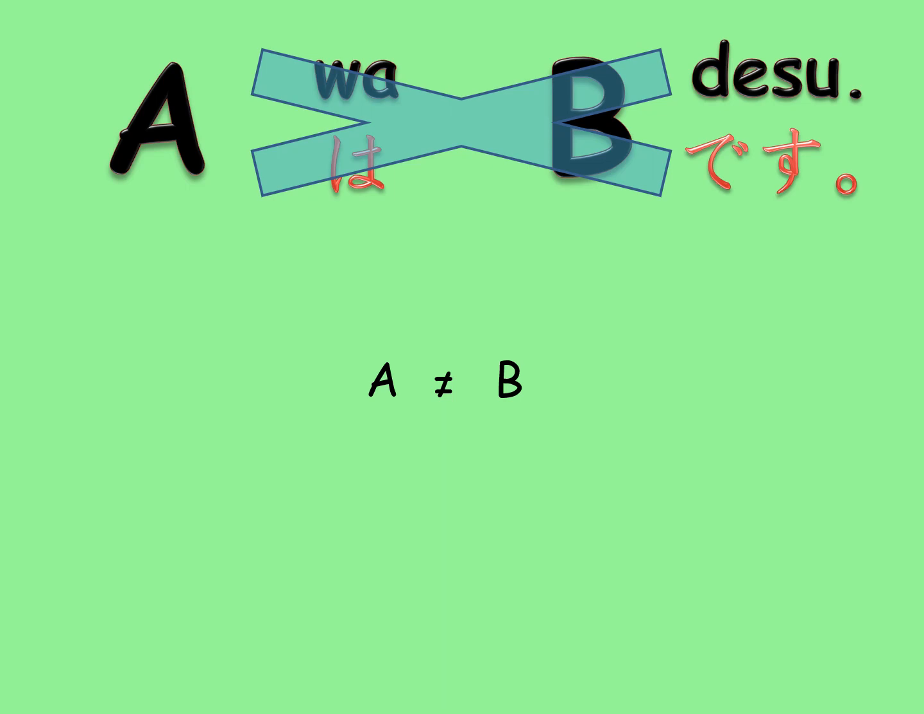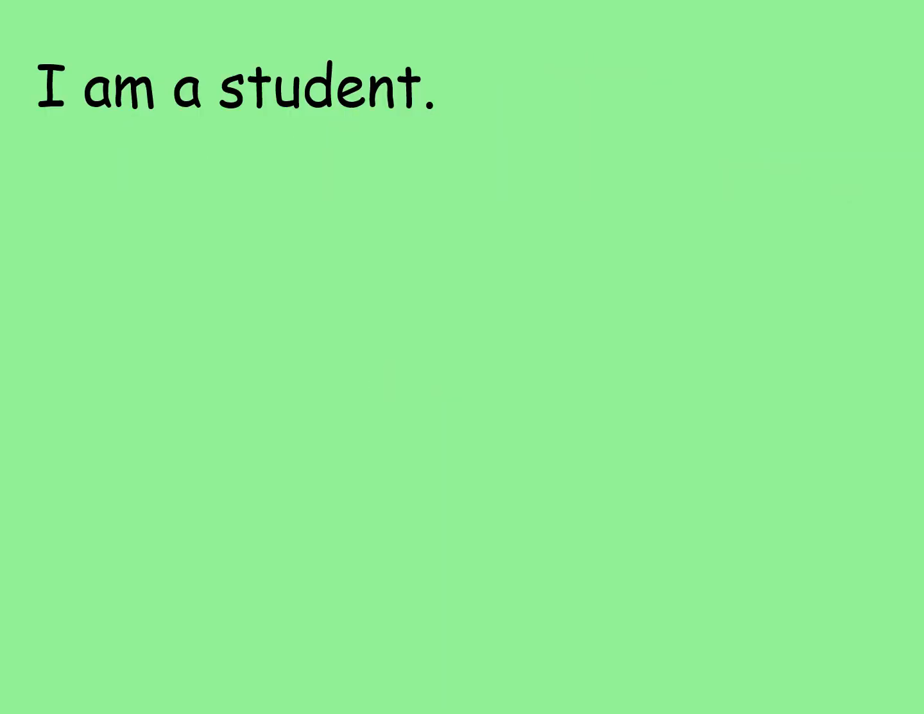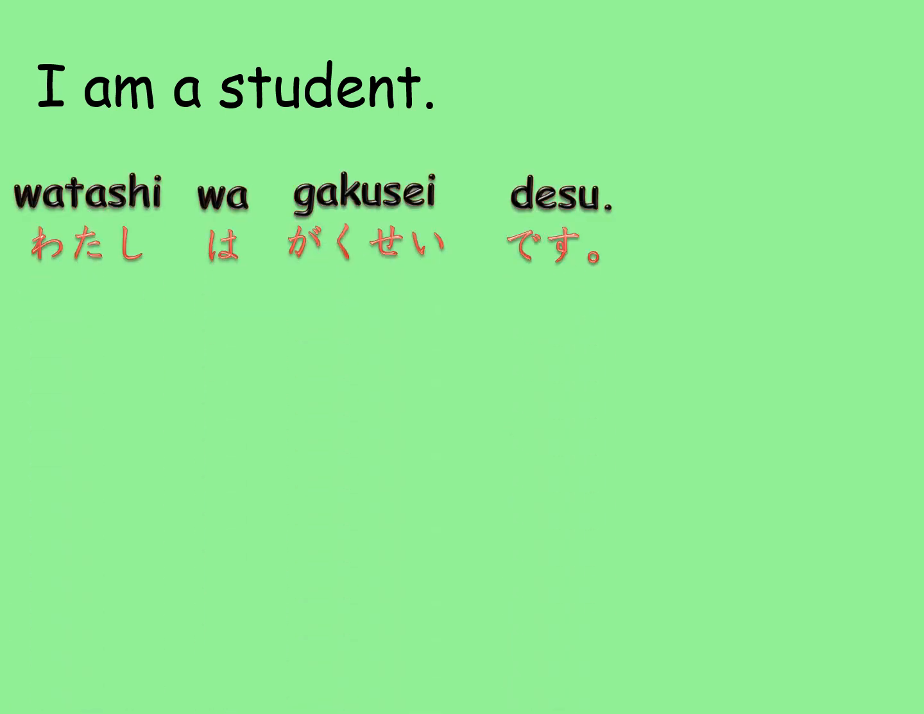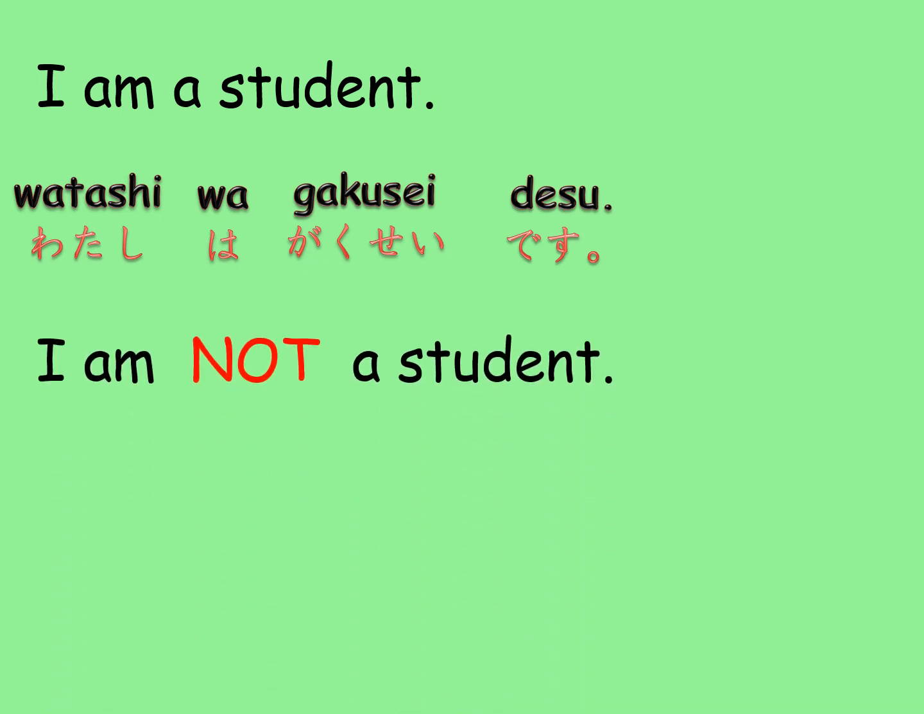This lesson is about changing a sentence ending in です into a negative sentence. That is something like saying A is not B, or I am not a student. I am a student in Japanese is 私は学生です. In order to say I am not a student, you need to add じゃない